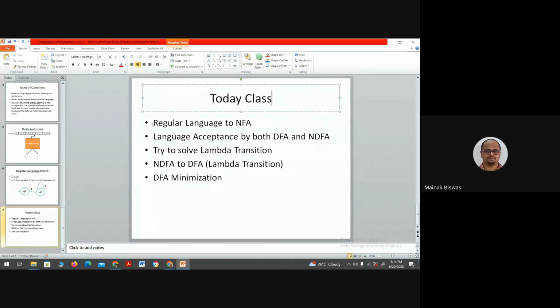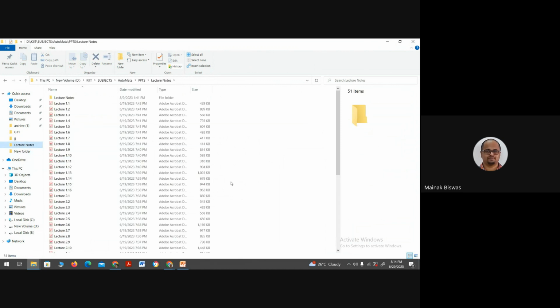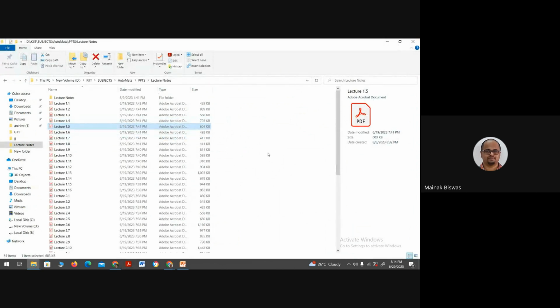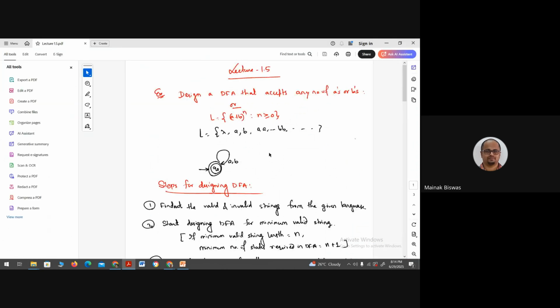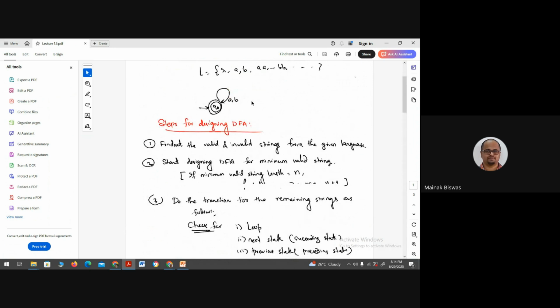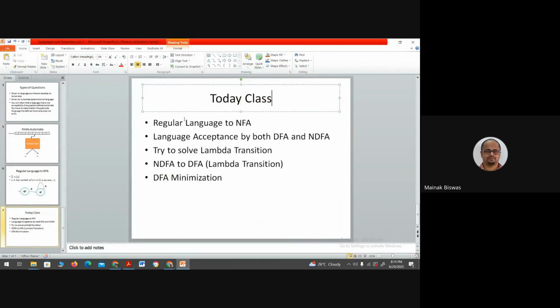Okay, so let us start with all these things. Is it visible? So we had stopped here, and we have completed this one. You see that there are multiple ways different languages are converted into finite automata. Initially, what do we generally do to complete a language? We'll talk about some examples